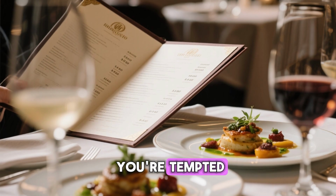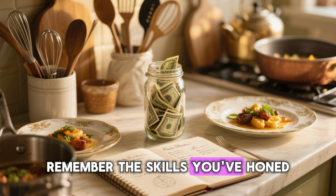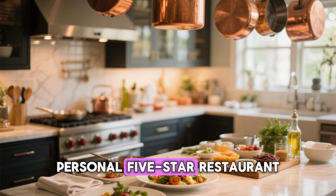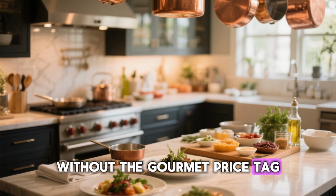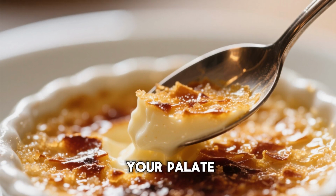So the next time you're tempted by that pricey menu, remember this night. Remember the skills you've honed, the money you've saved, and the delicious memories you've created. Your kitchen is now your own personal 5-star restaurant, open whenever inspiration strikes, serving up gourmet delights without the gourmet price tag. As you savor that last bite of crème brûlée, its sweet vanilla notes lingering on your palate, you